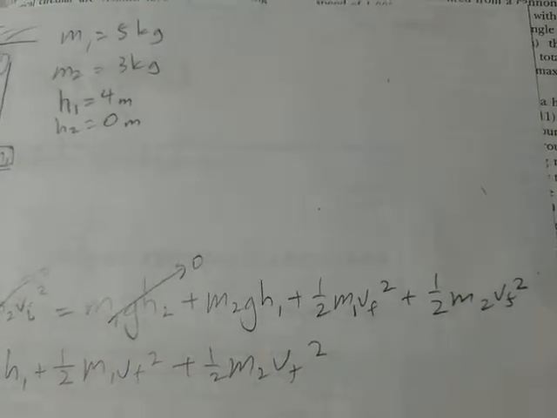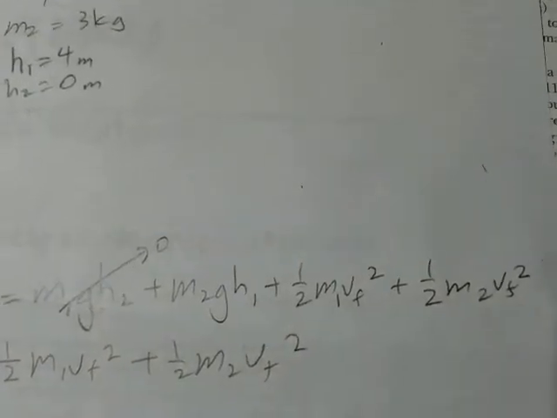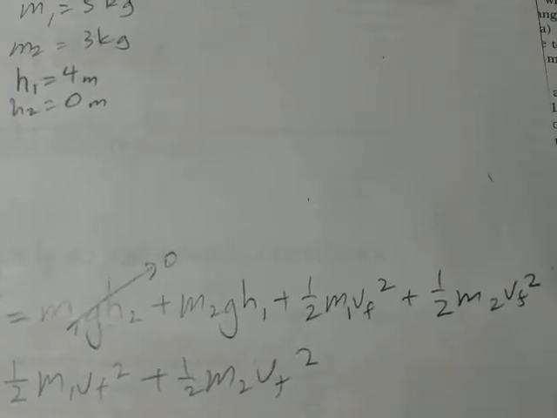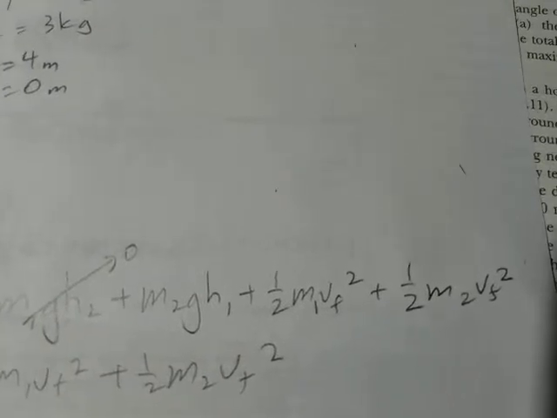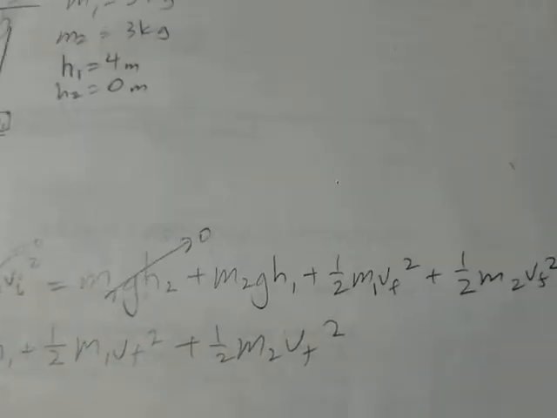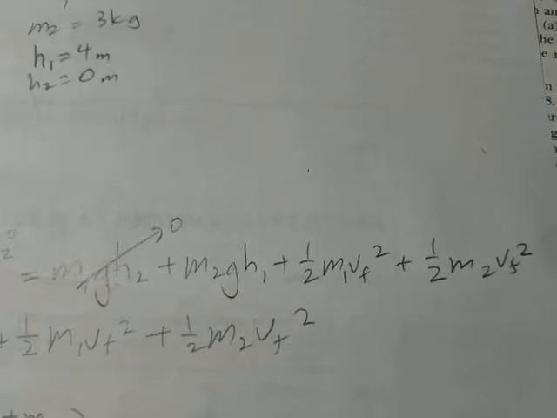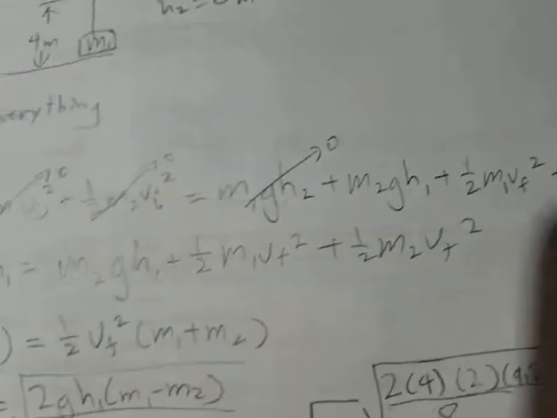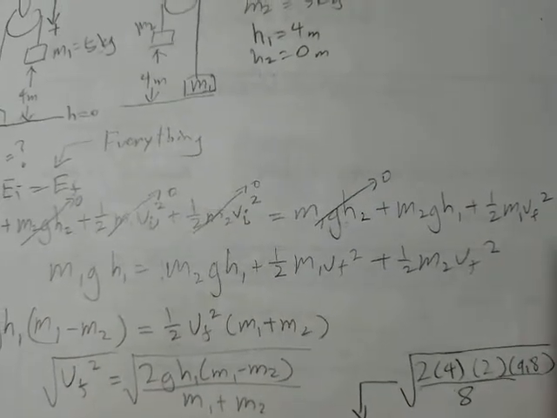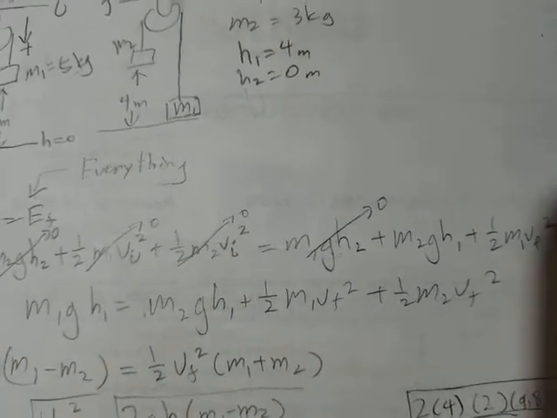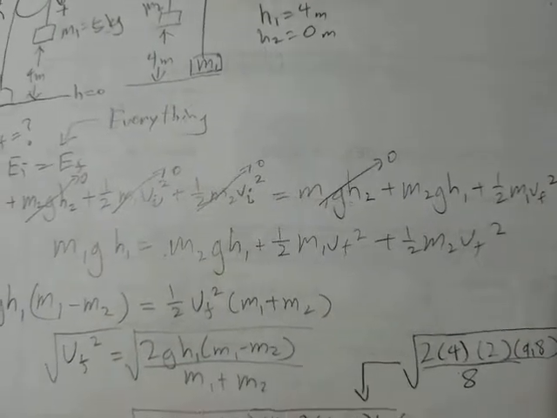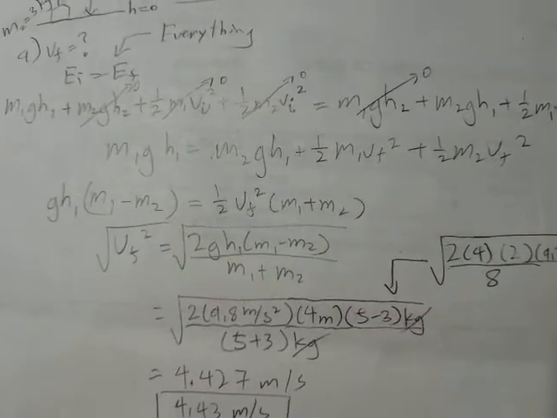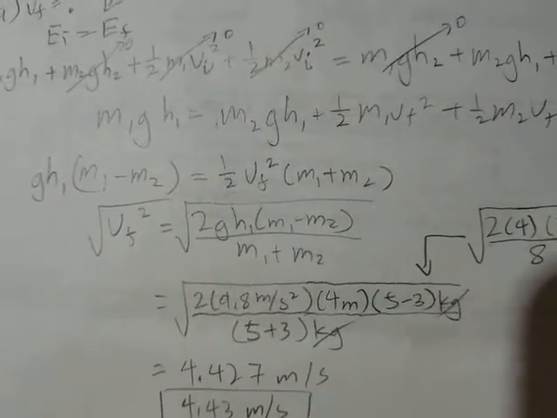And to do that, I labeled that as F, the final velocity for M1. Well, and M2, I guess. I just labeled the moment at which M1 hits the ground as F, final velocity. All right, and so I just cleared out the terms that equal 0, and that's what it looks like. And then I isolated for the velocity. This is what I did. And eventually you'll get the answer of